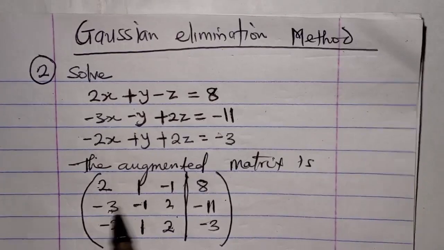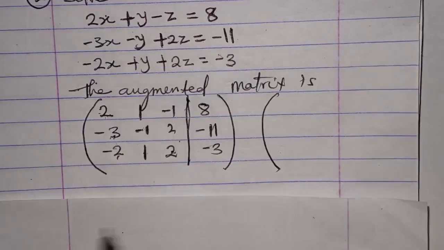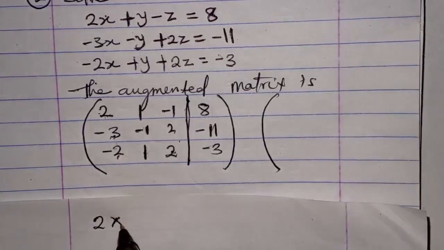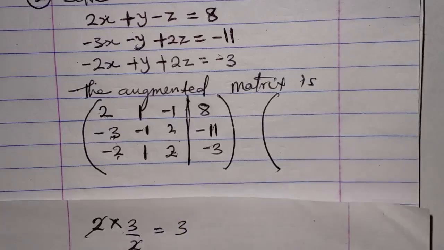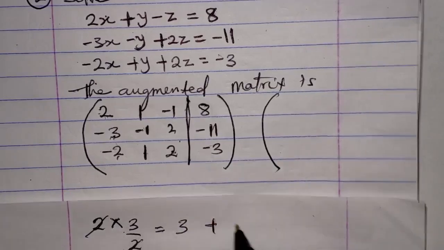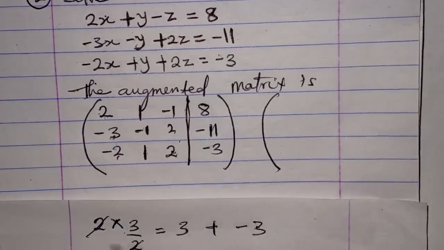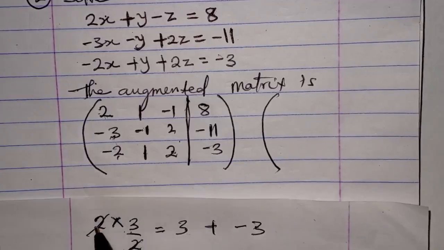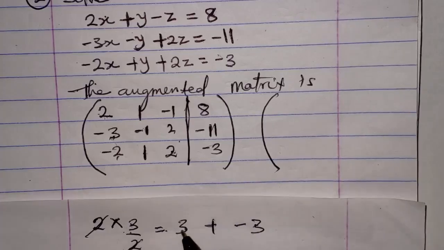Now, how do I make minus 3 0? If I multiply this 2 that is here by 3 all over 2, what will I get? I'll get 3. I can easily say 3 plus minus 3. This minus 3 is what I have here. This 3 is what I got when I multiplied 2 by 3 over 2. If I subtract minus 3 from 3, I'll get